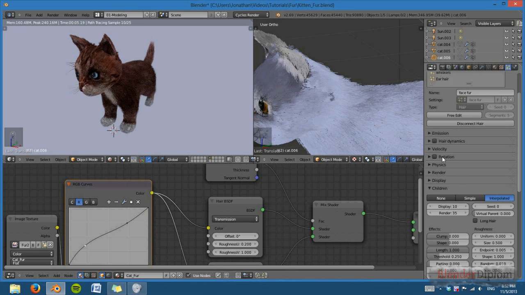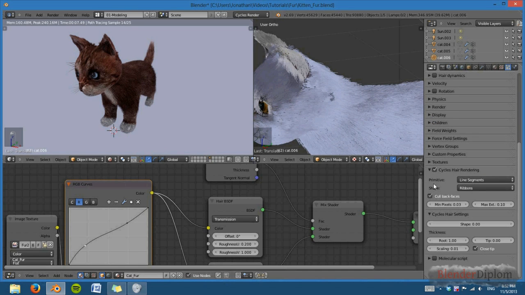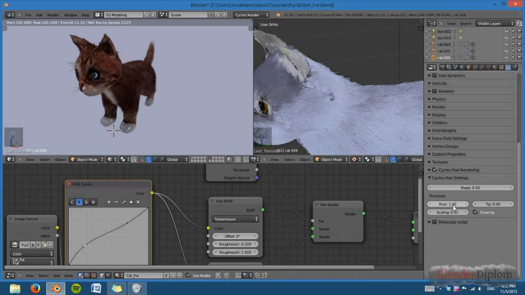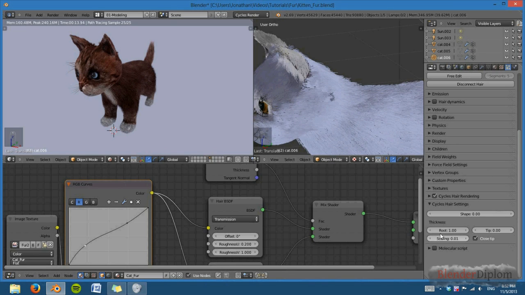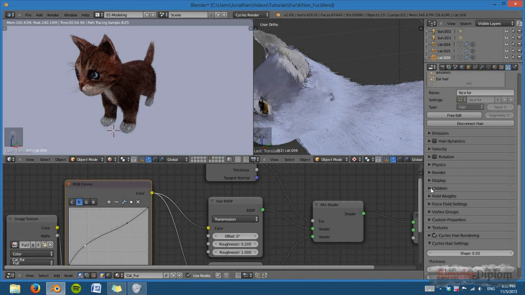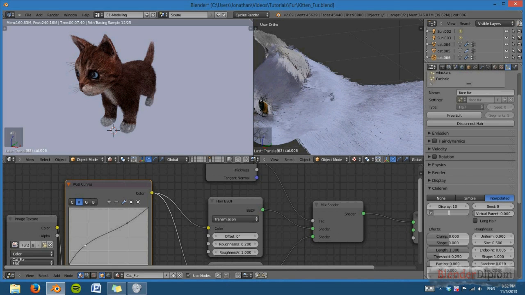The base, so we can go down here and change that under the Cycles Hair settings. It's still at 1 because remember this is the local, so it doesn't affect all of them. I'm going to change that to 0.25. So you can see that really thinned it out, so we're going to need to add more children in rendering. So I'll go ahead and add that 45. And then